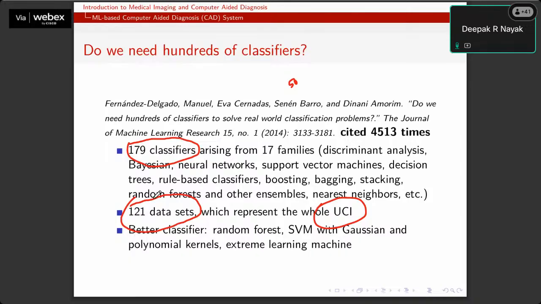You know how difficult it is; it is really difficult even to implement one particular classifier on 121.